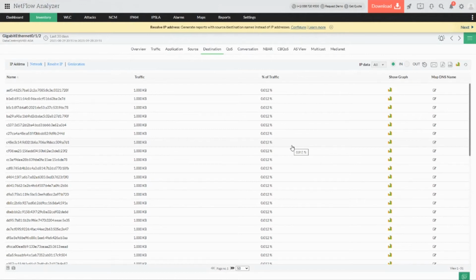I want to see which destination or the sites it is hitting, so that I'll know whether it is a legitimate or business critical information which is being searched, or it's a non-business critical search which is consuming unwanted bandwidth in your environment. So in those cases, the source and the destination, the application is going to give you a clear picture on how the traffic is being used by the respective users in your environment.